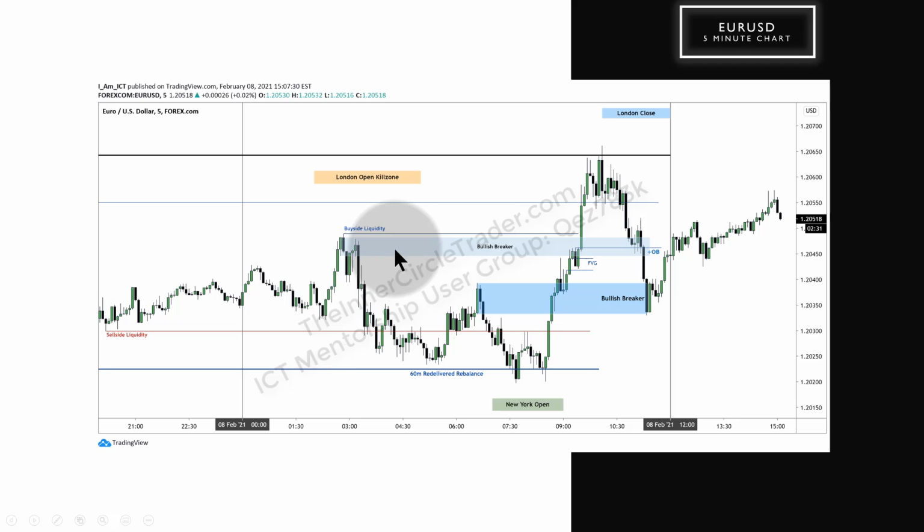So we have a bullish breaker here. We have low, high, lower low here. So this is a larger breaker, whereas this is a smaller breaker. And drawing that out in time, once it took that high out, it only caused a short-term little reaction here, then traded down through and into the lower level bullish breaker. You can see the reaction off the 60-minute redelivered rebalance, runs up, fair value gap, runs through the breaker,